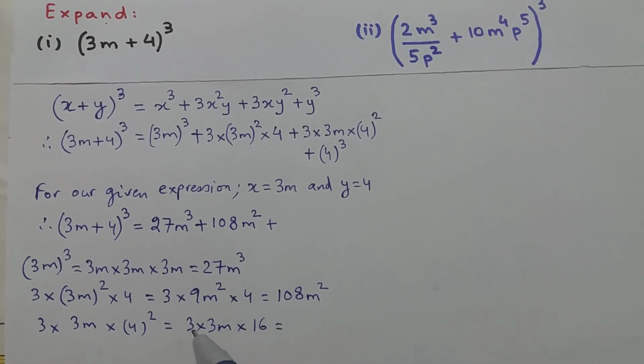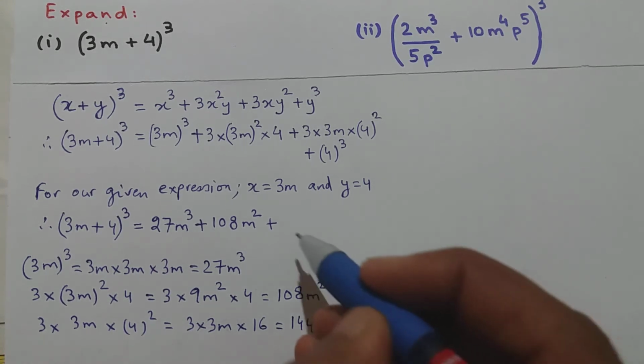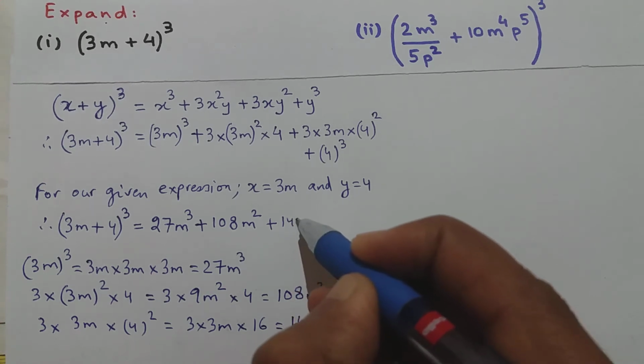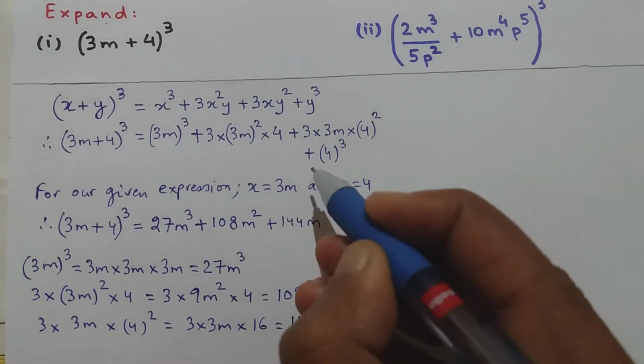So it becomes 3 into 3m into 16, and that is equal to, 3 into 3 is 9, 9 into 16 is 144. So 144 m. So 3 into 3m into 4 square becomes 144 m. So 144 m plus